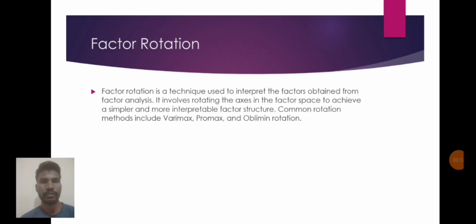Factor rotation. Factor rotation is a technique used to interpret the factors obtained from factor analysis. It involves rotating the axes in the factor space to achieve a simpler and more interpretable factor structure. Common rotation methods include Varimax, Promax, and Oblimin